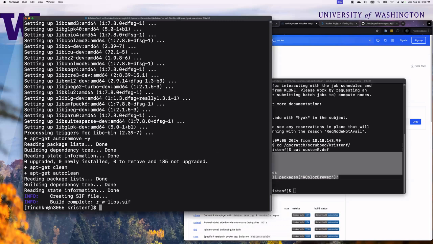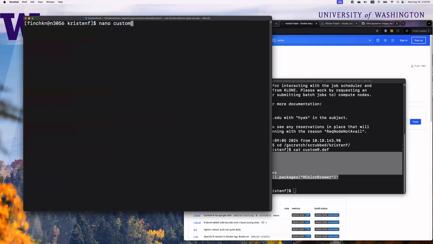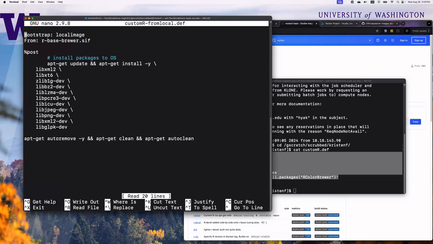The very last thing I want to say, if we can, I'm gonna just clear. If we nano into that custom r-from local.def, and we go down here to the bottom. Another thing I wanted to, this is just going to be an example. We're not going to rebuild this again. But if you did want to install R packages from source, you would do something like wget or curl and you would find that on CRAN or whatever it is. So it'd probably look something like HTTPS://